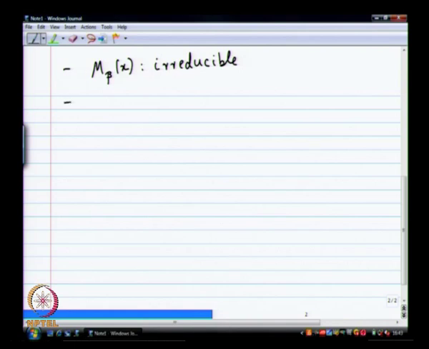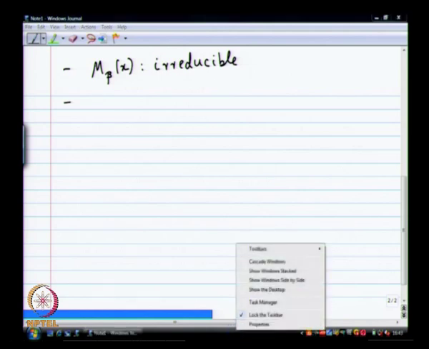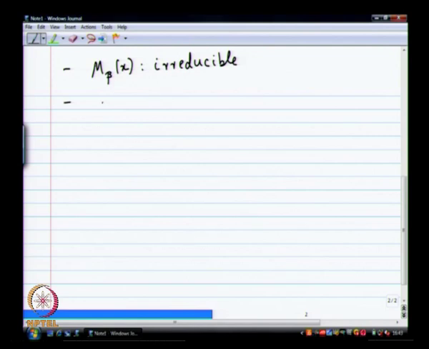What else did I write down? I must have written down some other property, no? Okay, that is something we will come to later. So let me write that down, then we will proceed. So we wrote down in fact an explicit formula for M beta of x. This is going to be the product over gamma